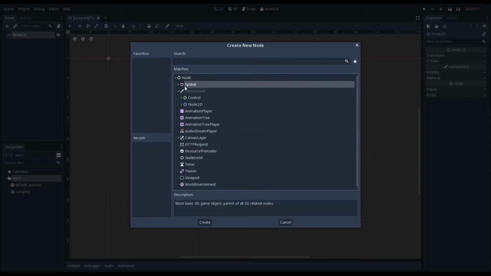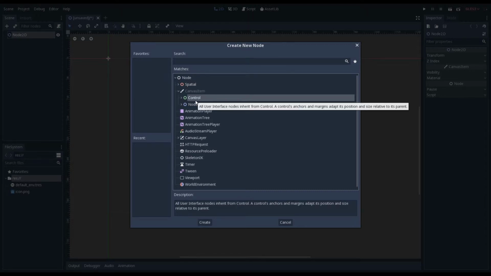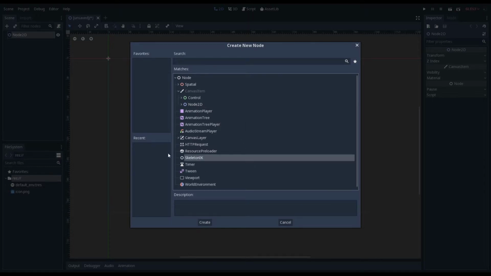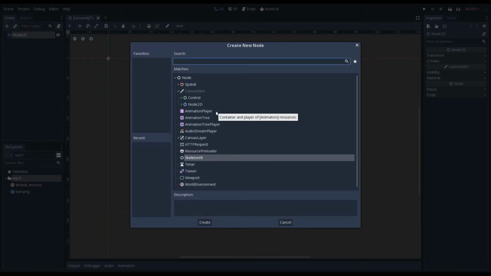In general, red is 3D game stuff, green is interface, and blue is 2D game stuff. You also have white, which generally controls things under the hood. And there's a search bar at the top to find things quicker if you need it. Now, I just want to make something that'll actually do something before we end this video, so I'm going to